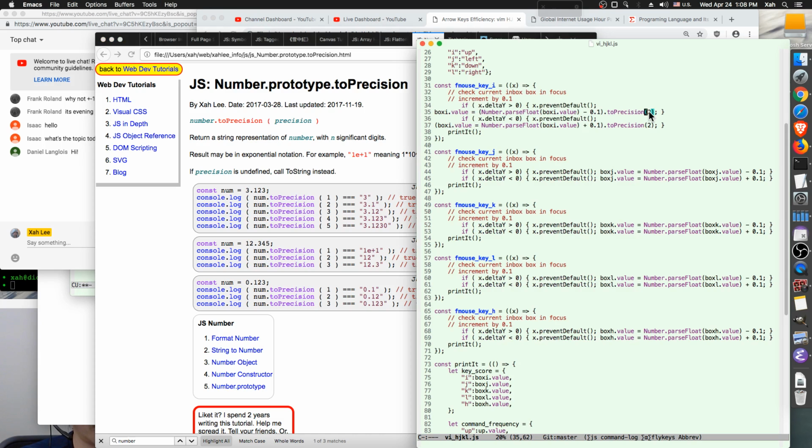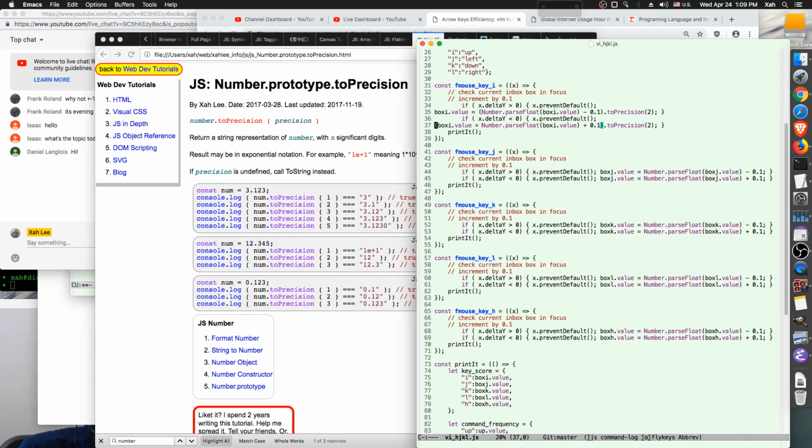Returns a string representation of a number. But a string representation. So this part becomes a string. So we assign box I value to a string, but